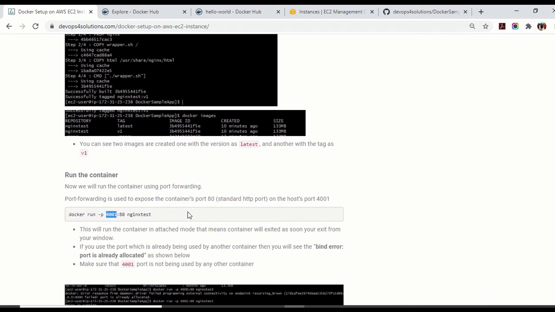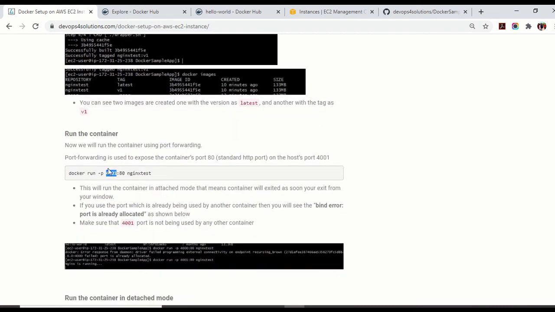You need to make sure that the port you are using here, 4001, is not used by any other container. If that is the case, you will see a bind error: port is already allocated. Like I was using 4000 and it was being used by another service also, so I got this error, right?